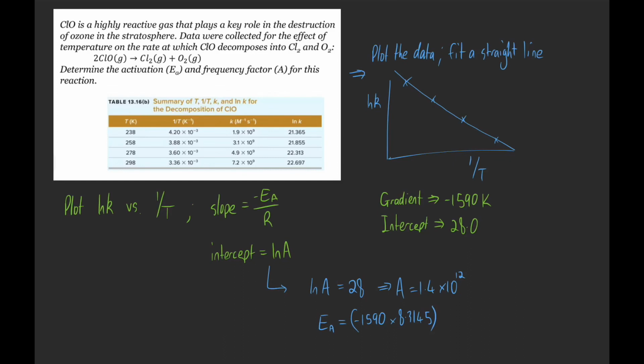We only need to take the minus over, which we've done here, and we can determine the value of our activation energy to be 1.32 times 10 to the 4 joules per mole, which we would usually represent in kilojoules per mole, so 13.2